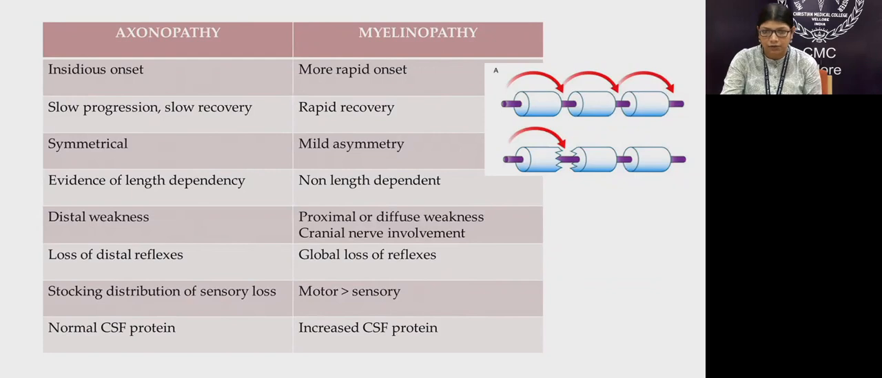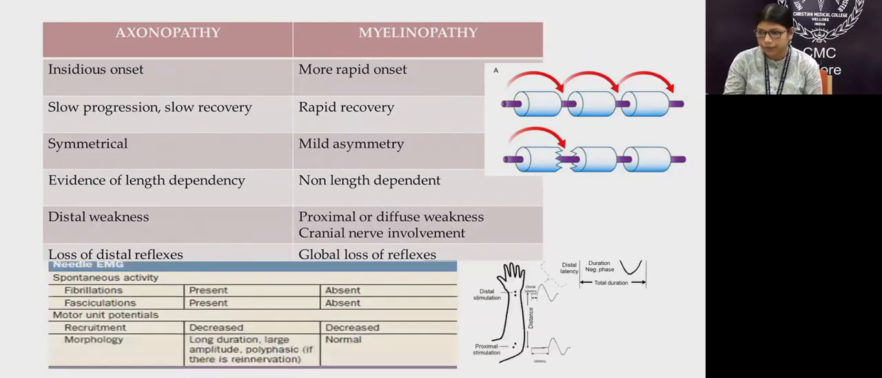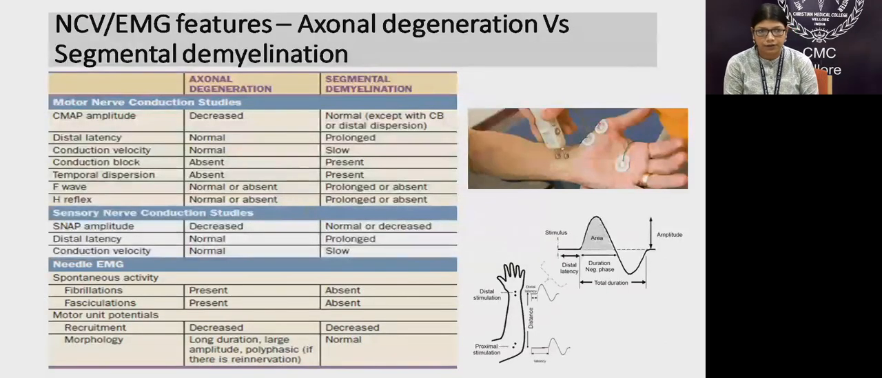Axonopathy is the classical glove and stocking pattern of distribution. And myelinopathy is mostly seen with the raised CSF protein, whereas in axonopathy, CSF protein can be normal. The same thing can be reflected in a nerve conduction study. Nerve conduction study, or NCV or EMG, is just an extension of our clinical examination. It is not always a diagnostic test, and in a proper clinical setting, it has to